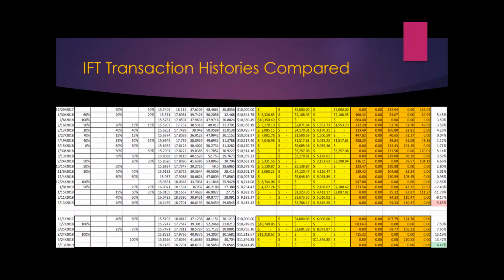Okay, so end result here, this is what we're looking for. Now, I'll get a little more into the details of what exactly all these columns mean in a bit, but the bottom line, what we're trying to get from this particular view, is right here. So in 2 years' time, all these interfund transfers they did, all they have to show for it is a minus 5.85%. So in other words, if they had an original balance of $10,000 in the account, that $10,000 would only be worth